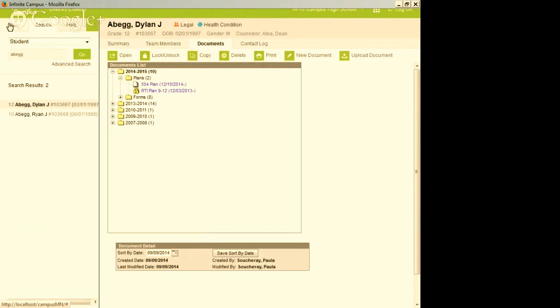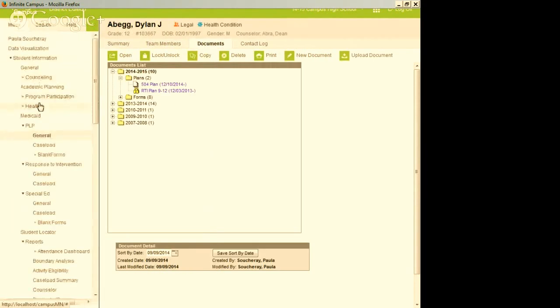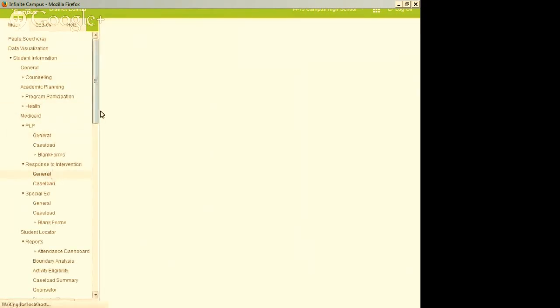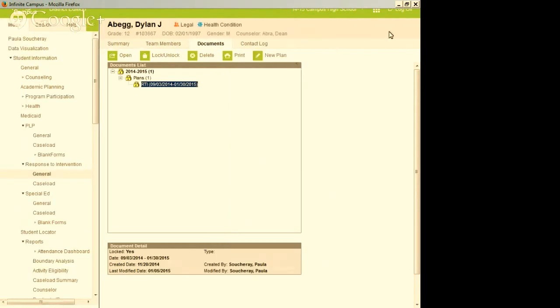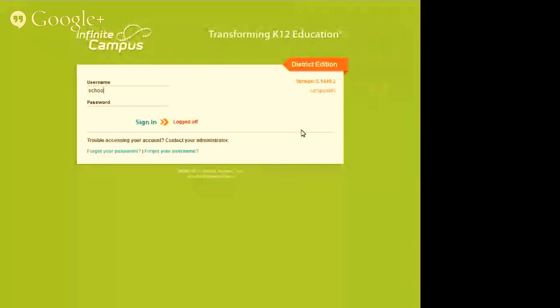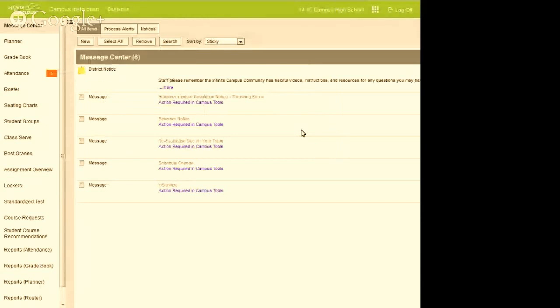Okay, so this gives you a general idea of those plans, which I think are a big part of the campus. And just like if I go to response to intervention, same concept. Who's working with the student? Here's the documents where you're going to find the RTI plan. It's locked. That's why I'm able to see it as a teacher, because if it's not locked, I can't access it and deliver interventions. All right. I'm going to go back in as a teacher and finish this up. But these are really good questions that I'm getting, and it is near the end of the day, so make sure to ask any questions.